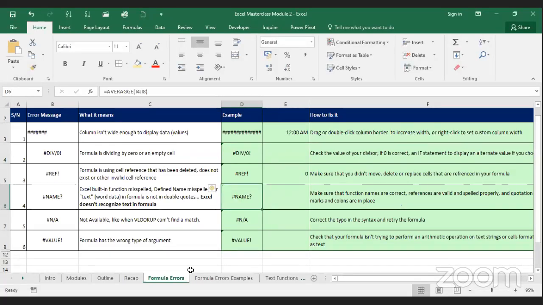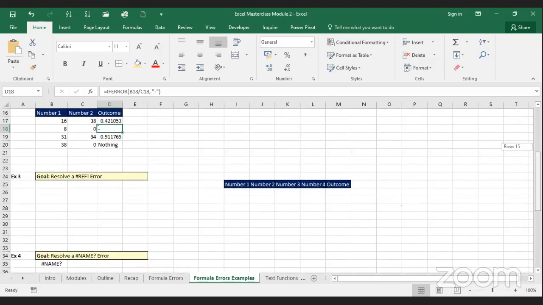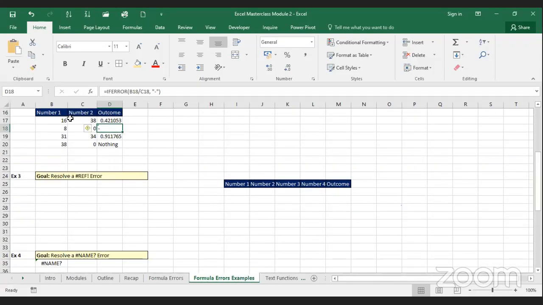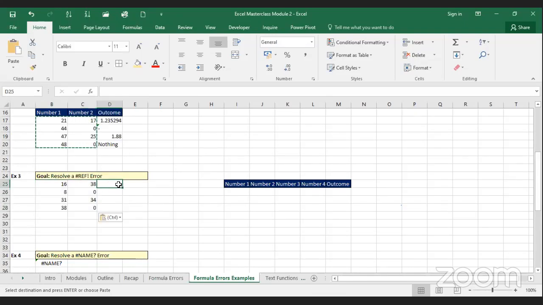Let me take you to my other column where I have this example. If I copy this number and bring it here, and then I also want to multiply,